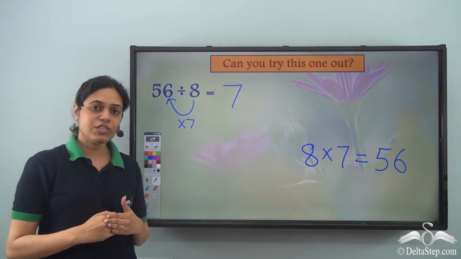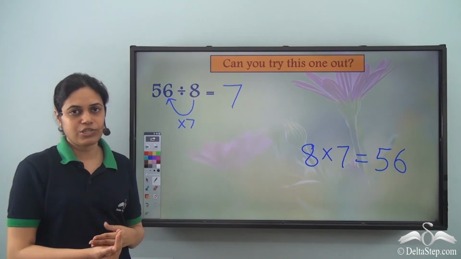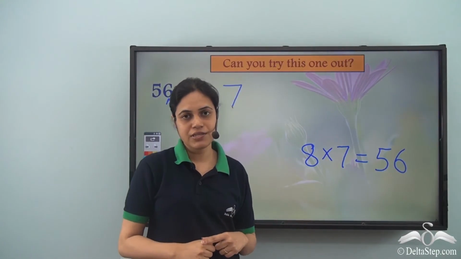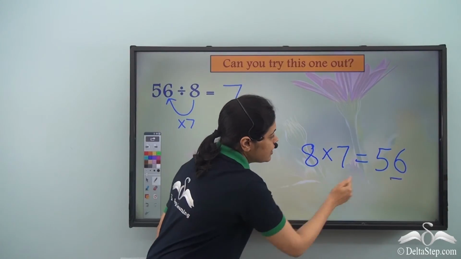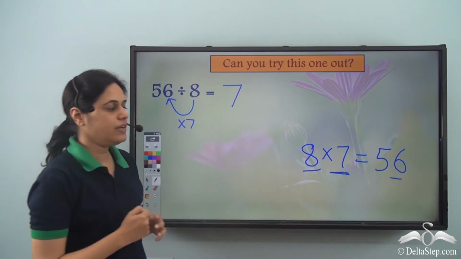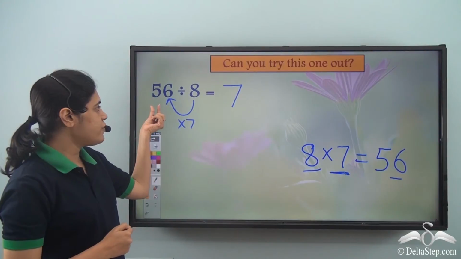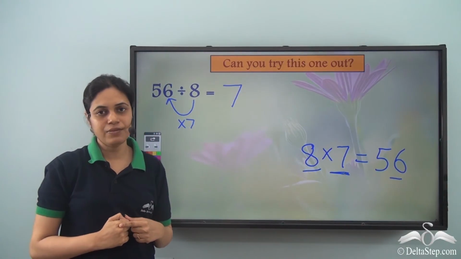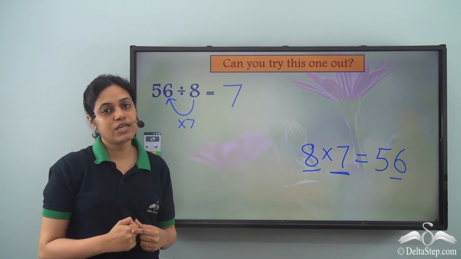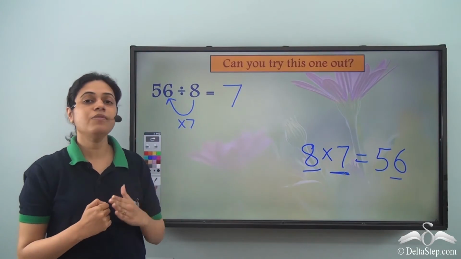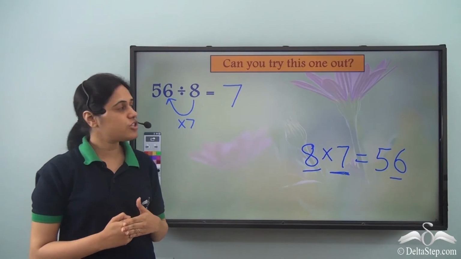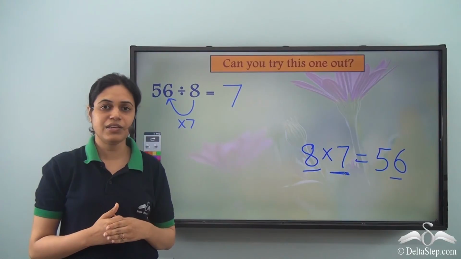So you just need to do the opposite of multiplication. In multiplication, you have these two and you need to find this. In division, you have this and you need to find this. So if you know 56, you know the table of 8, you can very easily find 7. So you need to know your tables by heart to perform not just multiplication but division as well. So try out several more divisions like this till you get them all correct.